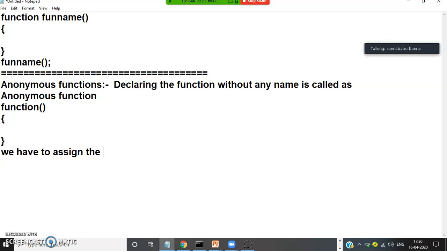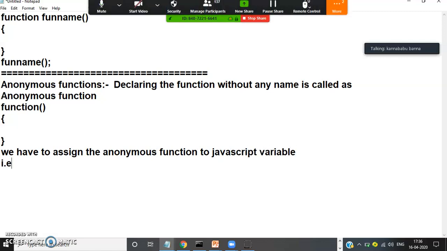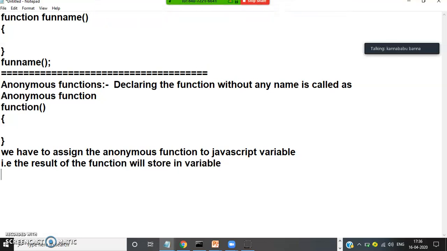We have to assign the anonymous function to a JavaScript variable, and the result of the function will get stored in the variable. For example, if I declare var sum is equal to, here I will declare one function.